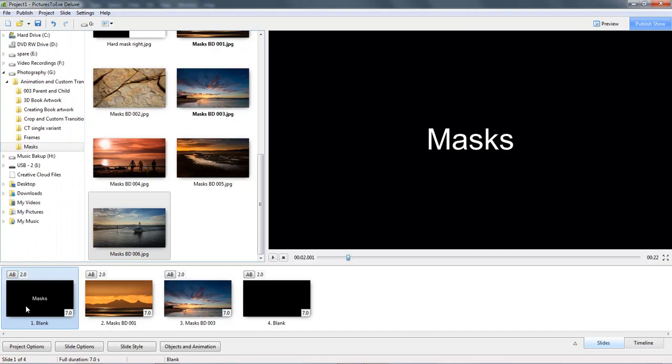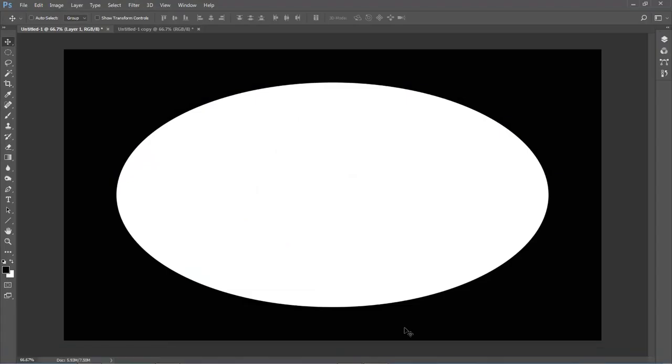In this video we're going to take a look at masks within PicturesToExe, and there's a few creative ways we can put them to good use. Just before we start though, let me switch to Photoshop for no other reason than to just demonstrate what a mask looks like. Here we are, 1920, 1080. If we use this in PicturesToExe and we applied it to an image, the center white oval would be completely